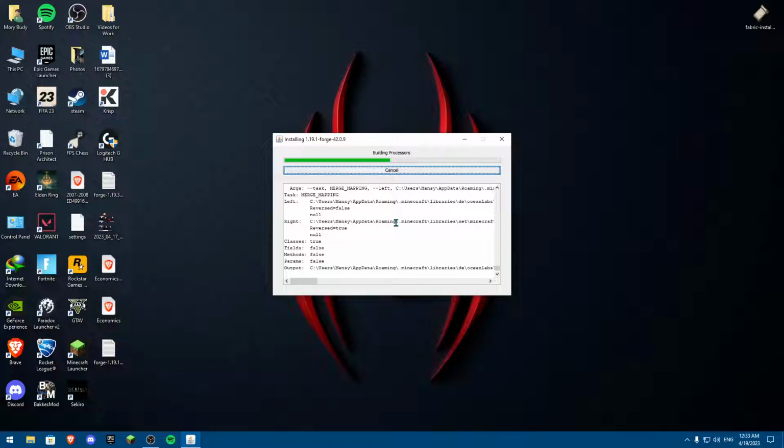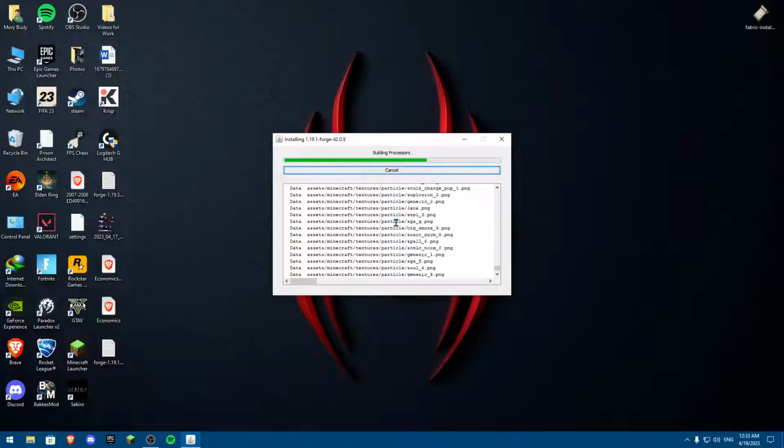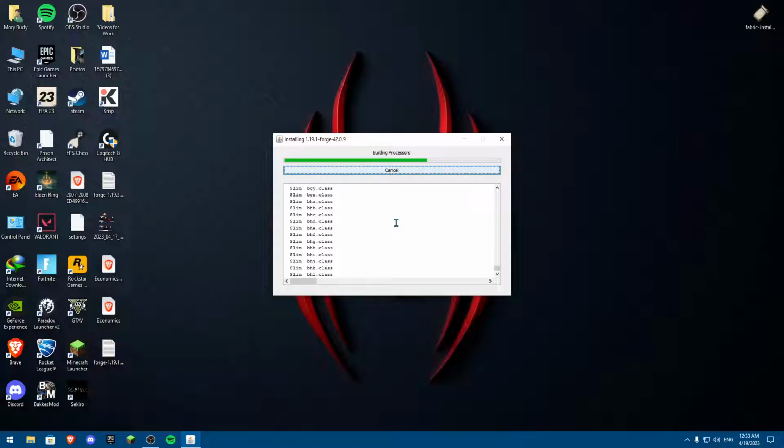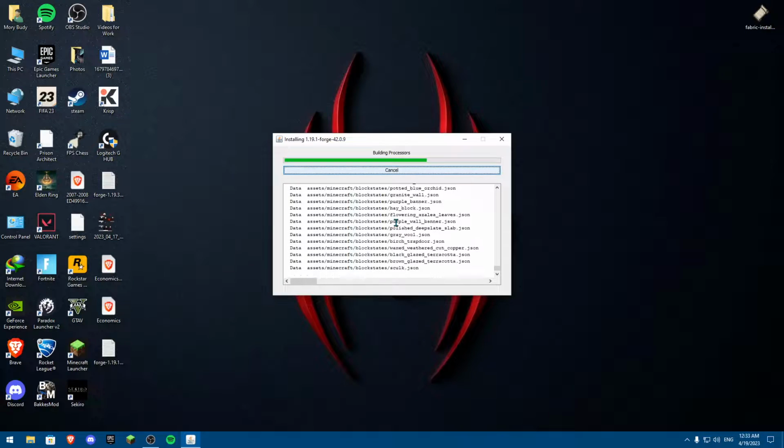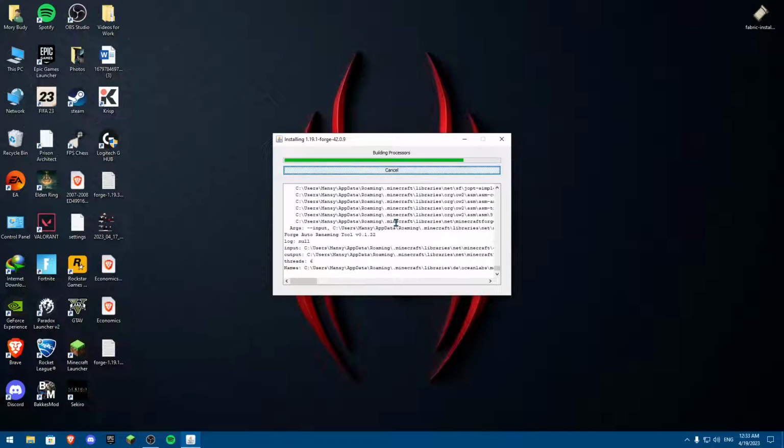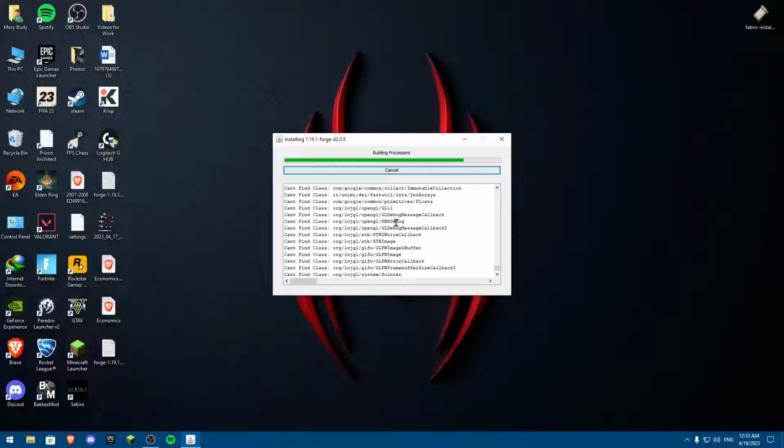So it's pretty fun to know how you can install Forge for mods. And if you want to know how to install mods, there's another video we have of how you can install mods and set it up. So now,